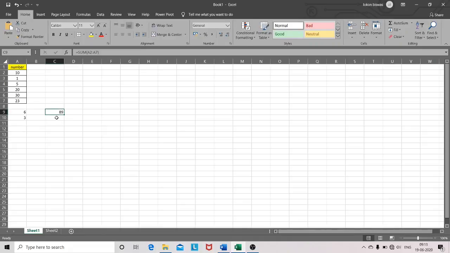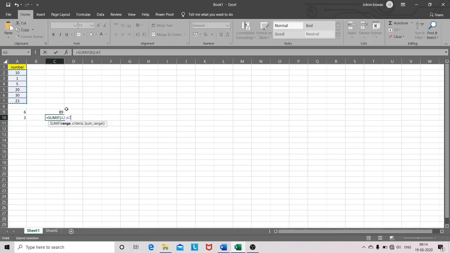Now what if I want to add the numbers which are greater than 10? So here what I can do, type sumif and select the first column here to here.